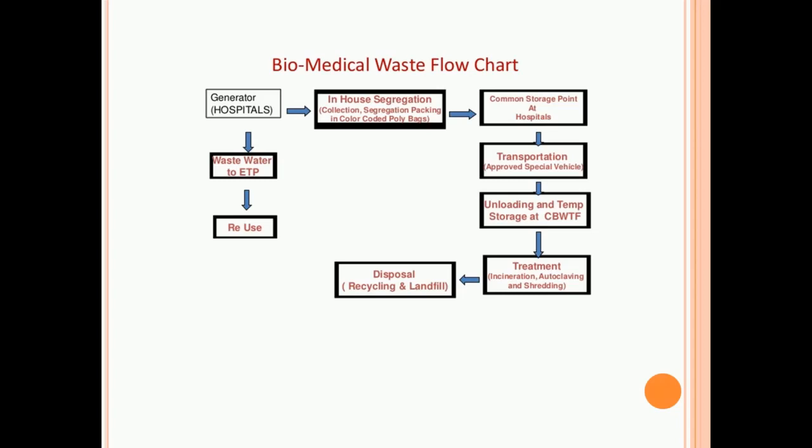Wastewater treatment facilities have to be set up there, and that way you can treat the water of hospitals, and then the treated water without any organisms can be reused for some purposes like toilet flushing, gardening, etc. Coming to in-house segregation, that is the major task, segregation of biomedical waste. There you have the color coding system. I'll show the color coding system in my next slides, but just have an idea that the waste will be segregated based on color coding.